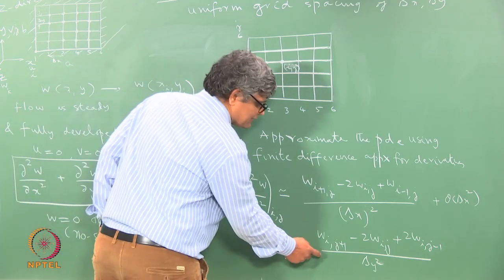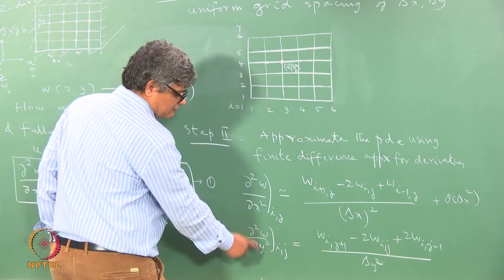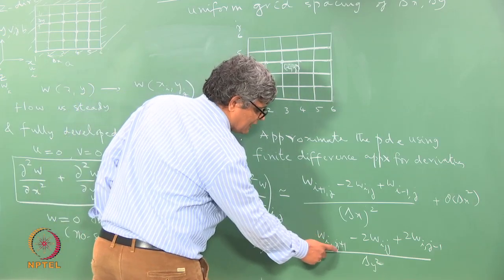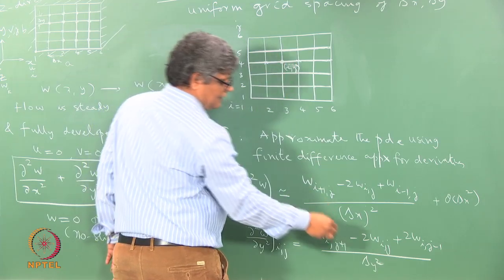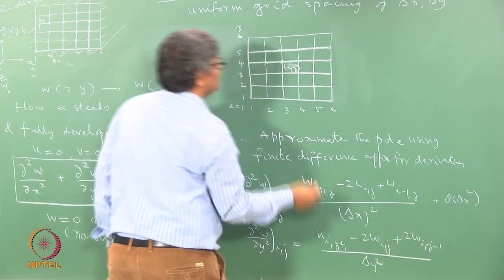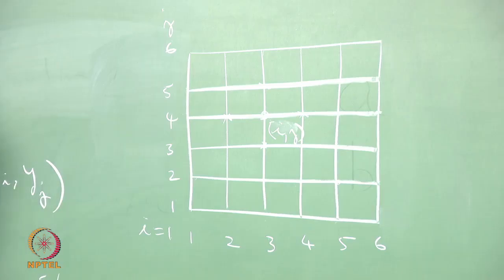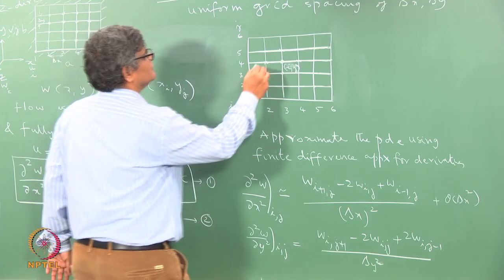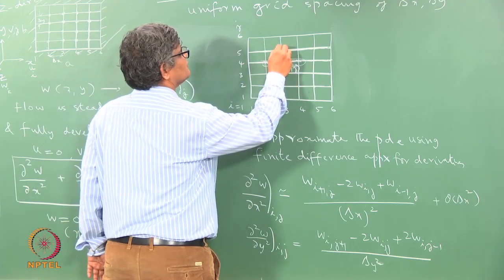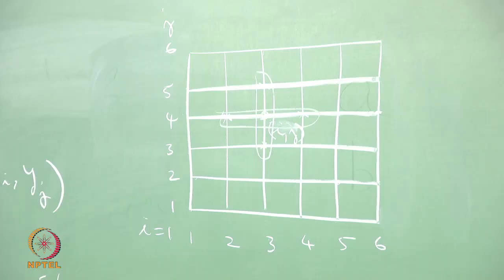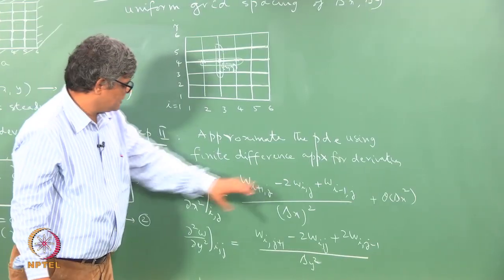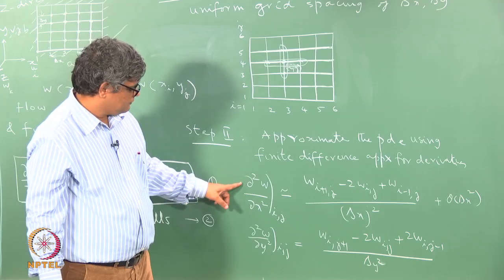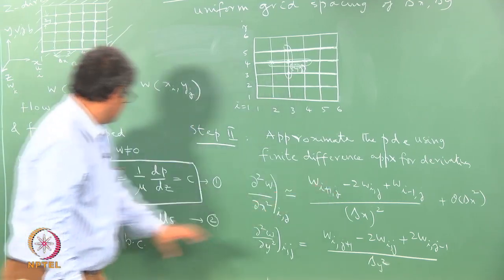And similarly, this approximation for the derivative in the y direction is expressed in terms of (i, j+1), which is this point, and 2 W(i, j), and this is (i, j-1), that is this point here. So this approximation involves these three, and this approximation involves these three here. This is known as a central difference formula, and this can be easily derived. Given that these are approximate formulas for the second derivatives,